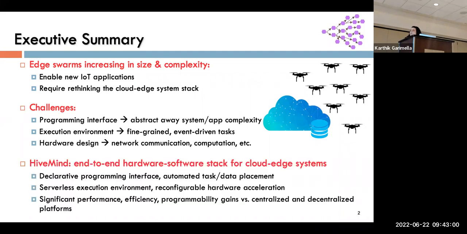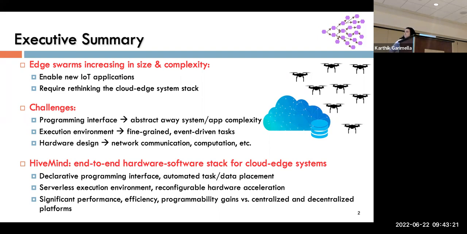So I'll tell you a little bit more about HiveMind, which is an end-to-end hardware software system stack that we have built for cloud edge systems, which tries to address these challenges. On the software side, HiveMind implements a declarative programming interface that abstracts the complexity of writing applications for these hybrid systems. It automates the task and data placement operations across different devices.